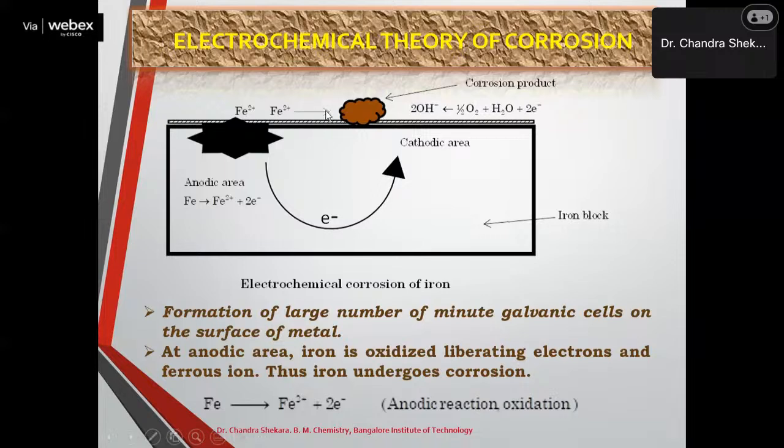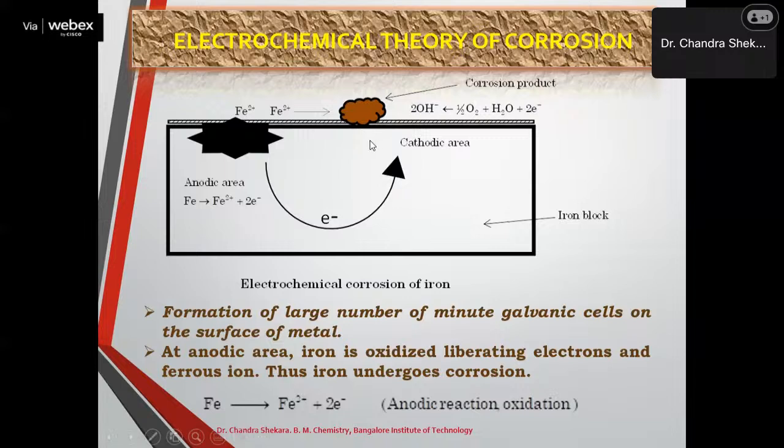And here, the rate of corrosion depends upon so many factors. Before we discuss in detail the rate of corrosion, let us understand the mechanism by which corrosion occurs. The mechanism of corrosion of a metallic material is explained on the basis of a simple theory called the electrochemical theory of corrosion. The name electrochemical theory itself shows very clearly that corrosion is because of an electrochemical reaction that occurs on the surface of the metal.